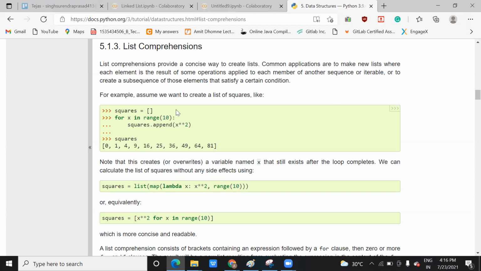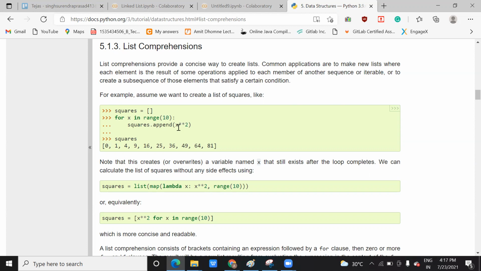As I told you, Python follows the n minus 1 rule. So you are going to consider the value of x from 0 to 9, and squares.append will append to the list every element to the power 2.